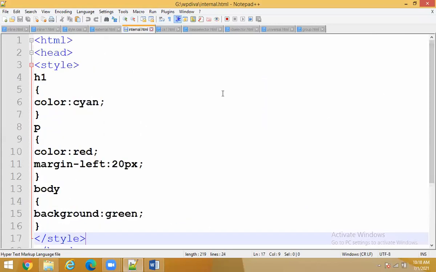Okay, guys. So these are the three different types of CSS, right? Now we will see the next part. That is another 5 to 10 marks question. It will be asked to you for nearly 5 to 10 marks. So what is that question? I will tell you now.